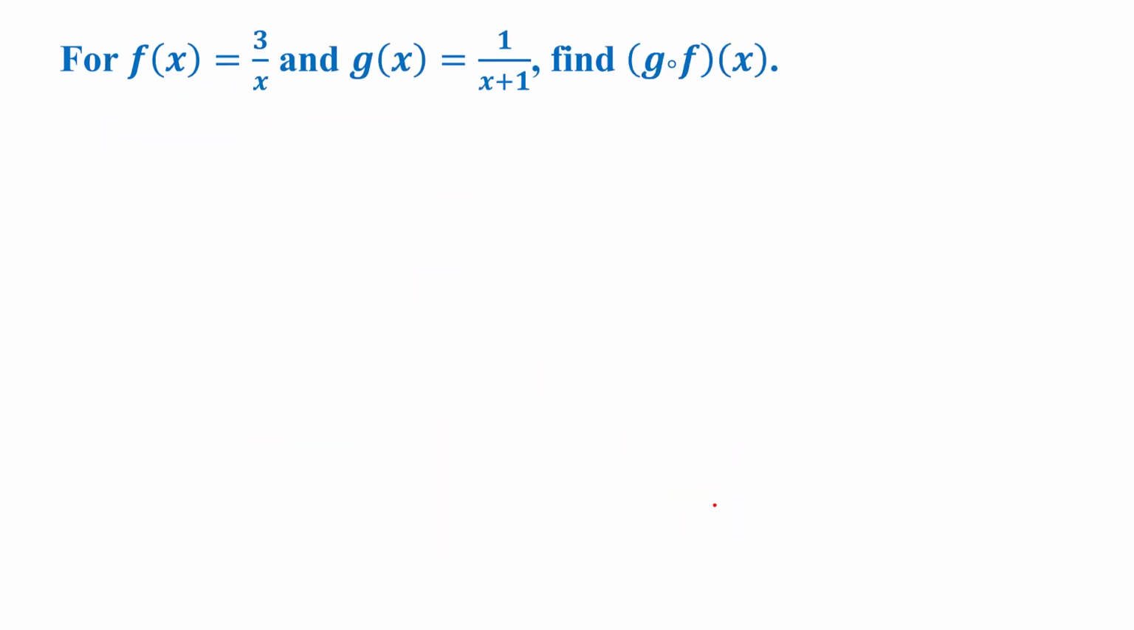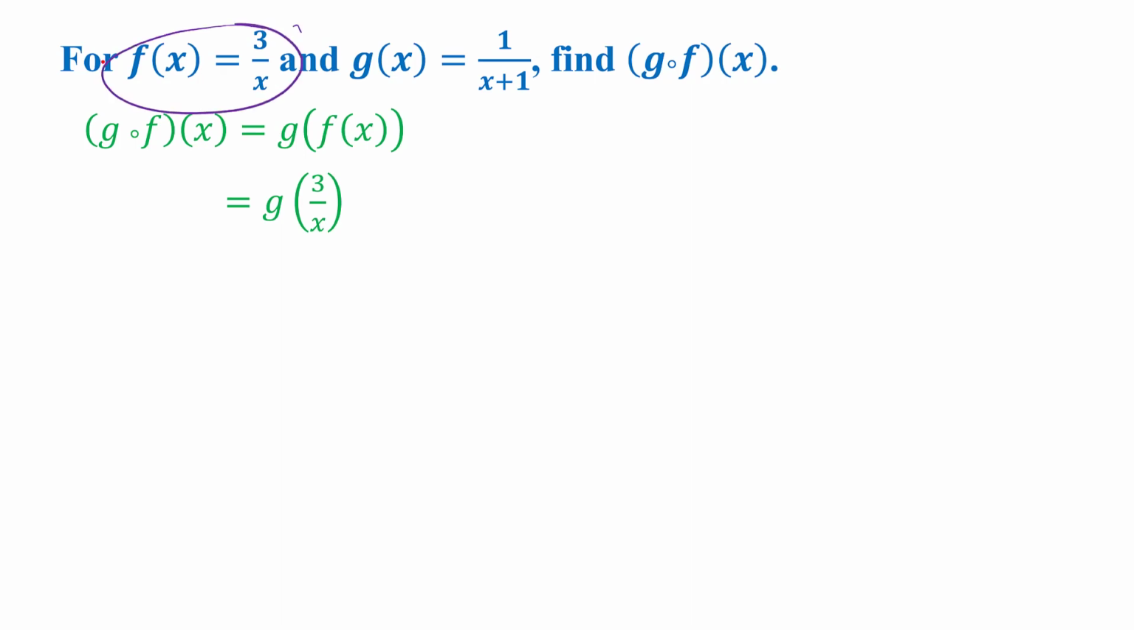Okay. Now, for f of x equals 3 over x and g of x equals 1 over x plus 1, we want to find g composed with f of x. Again, start by writing out what g composed with f of x is. It's g of f of x, or in this case, g of 3 over x. Now, g of x is 1 over x plus 1. If we replace this x with 3 over x, we have g of 3 over x is 1 over 3